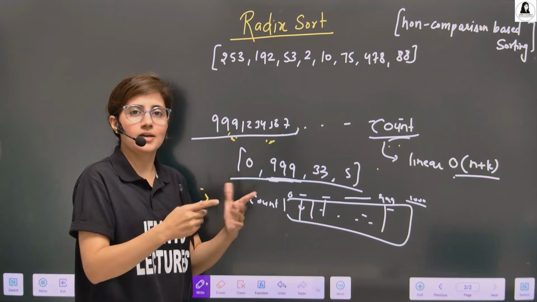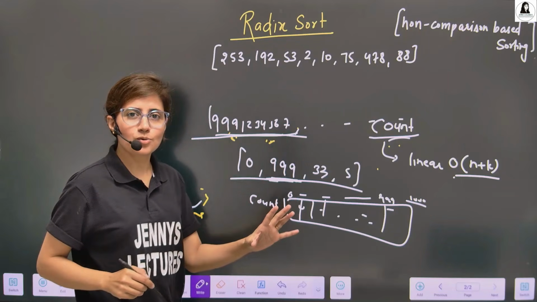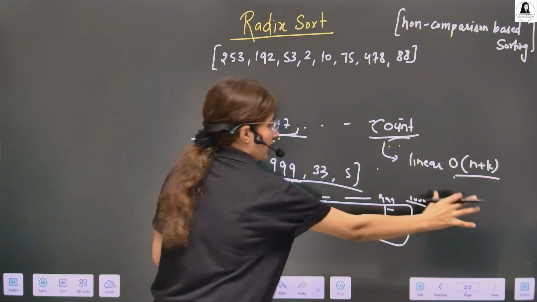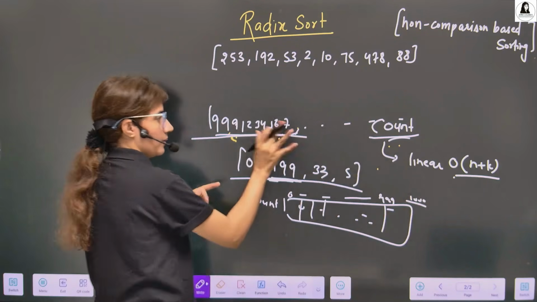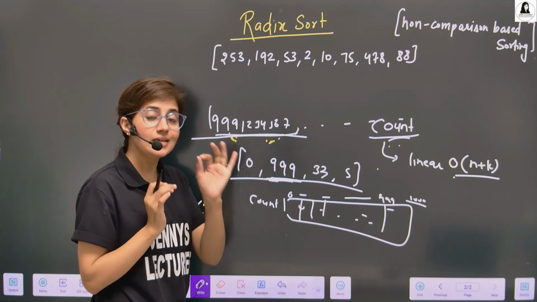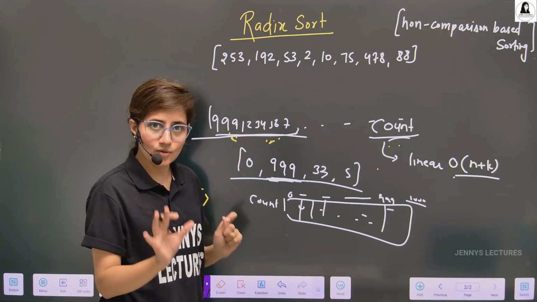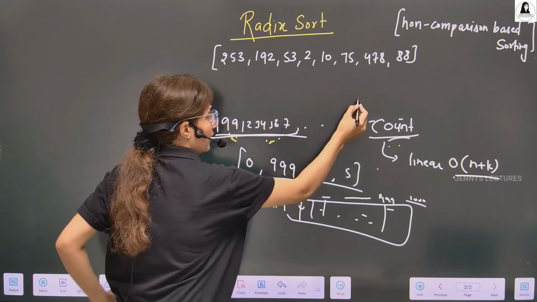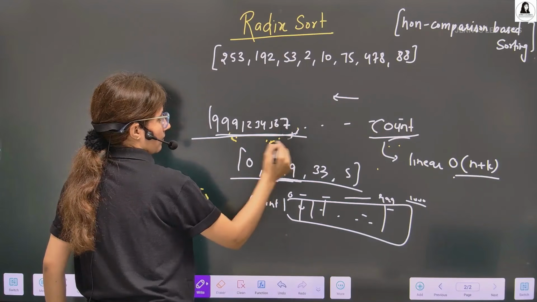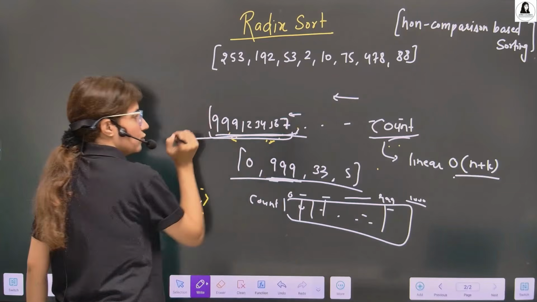How is radix sort better than count sort in such cases? Suppose I want to sort phone numbers. In radix sort, we don't compare, and we don't take the maximum element and a count array from 0 to the maximum element plus 1. No, the main technique is based on individual digits, digit by digit. Either we can start from here, suppose the number is this, so we can start from here, from right to left.